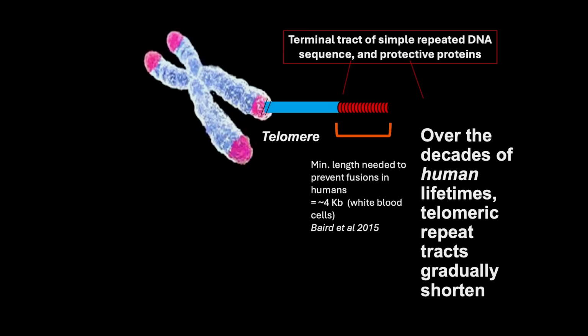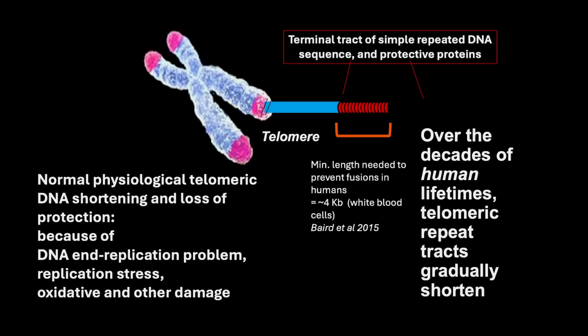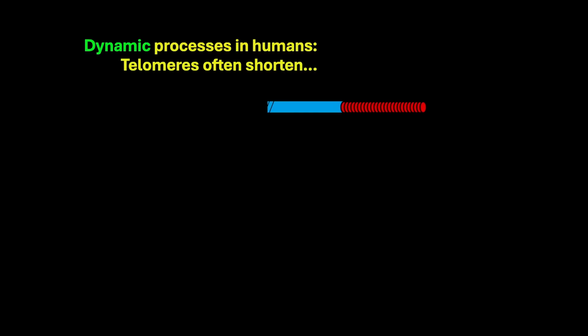And in fact, just to give it a little concreteness, Duncan Baird showed that it's about 3.8 kb is the minimum length of those repeat tract that, at least in a normal white blood cell, is supporting that whole stable telomere protective sheath. And as I said, normally, this is normal shortening that happens under normal physiological processes. But it's the variability that's really interesting, because if that shortening happens, a number of things can go on.